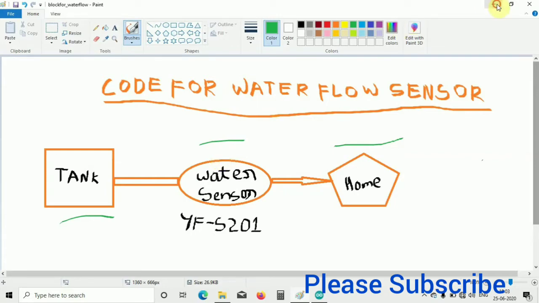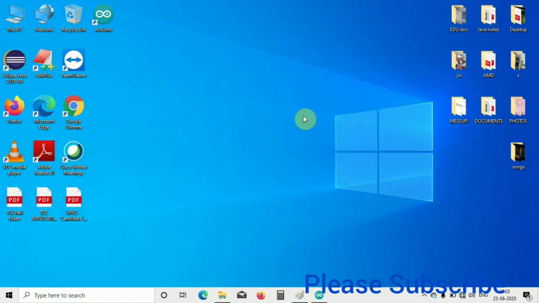So let us start. For the code, I will open the Arduino. I have opened it already.